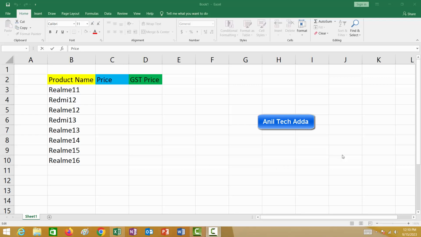So in this video I am going to tell you how to add tax to the price list. So here are the products, some mobile phones like Realme 11 and Redmi 12. These are the mobile phone names, and we have some base prices for these products, like 4,000, and this one has a base price of 5,000. This one is 4,000, and